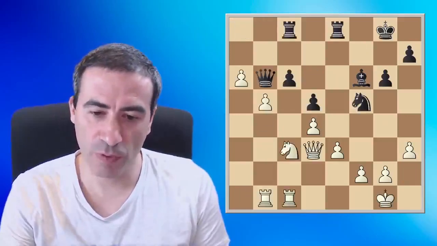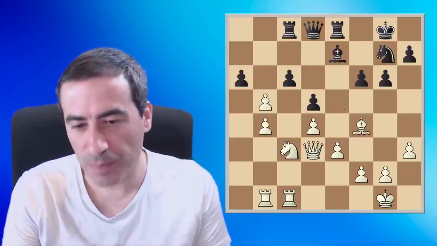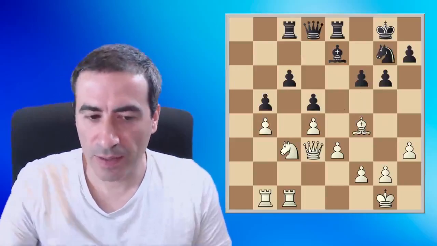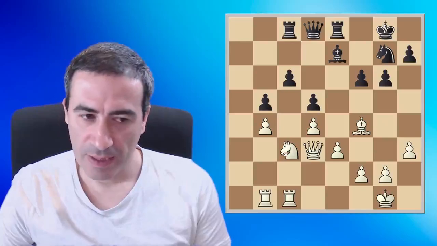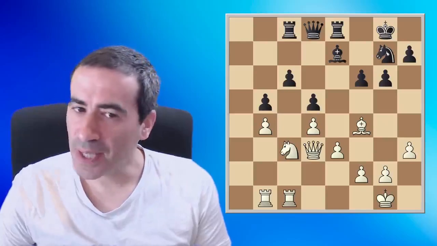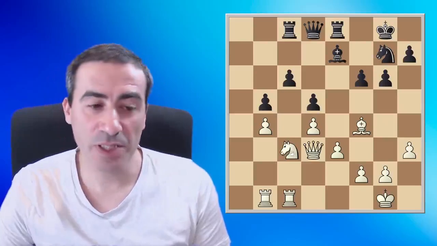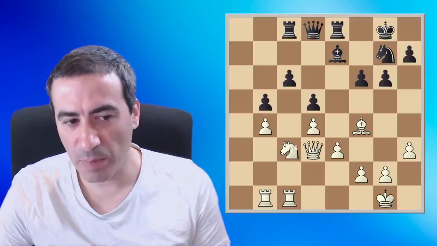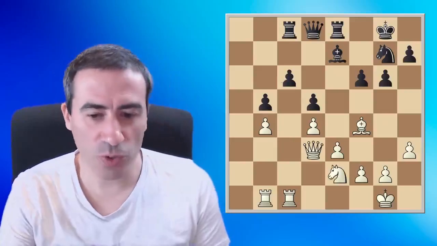So it was a beautiful variation, but white played bishop f4, and here white understood the position quite well. Here it's clear that black has a bad knight on g7, but white has also a passive knight on c3, because this pawn structure b5, c6, d5 simply dominates the knight. So white played knight e2 in order to improve the knight,